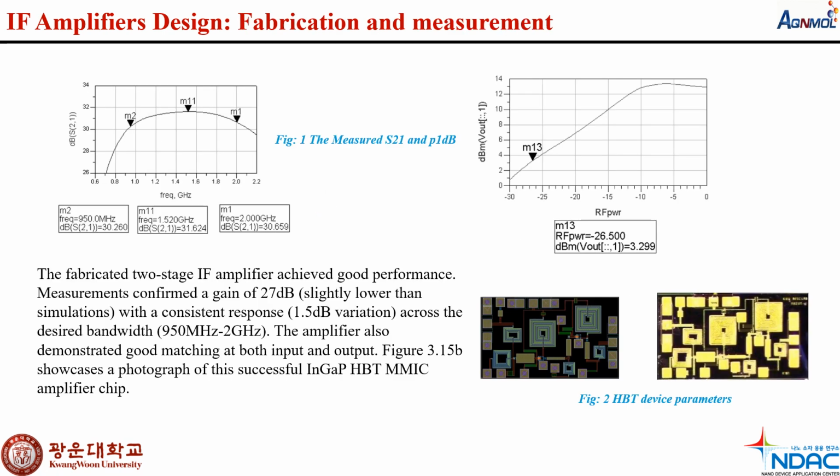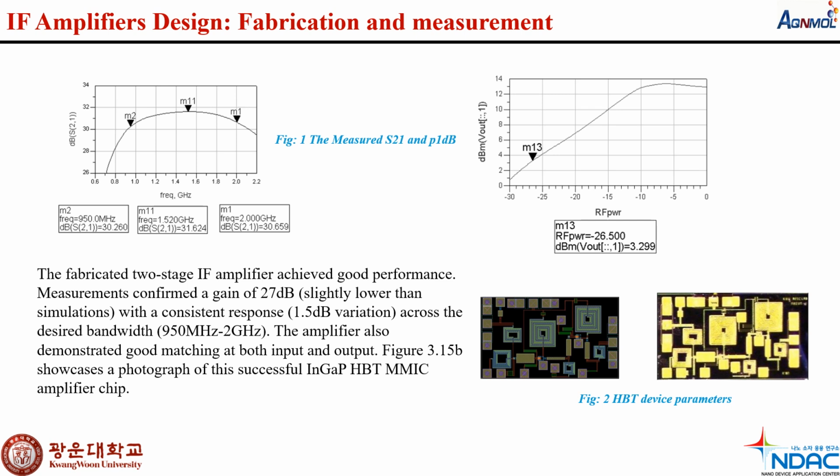So here we can see the fabrication and measurement of the IF amplifier design. The fabricated two-stage IF amplifier achieved good performance. We can see here the measurement confirmed a gain of 27 decibels, slightly lower than simulation, with a consistent response, and the response would be 1.5 decibel variation across the desired bandwidth, and the desired bandwidth would be 950 megahertz